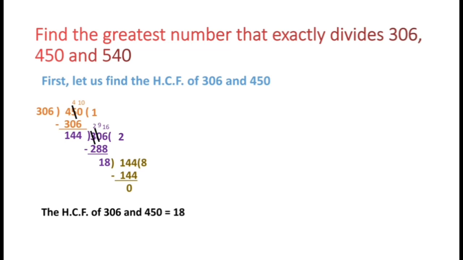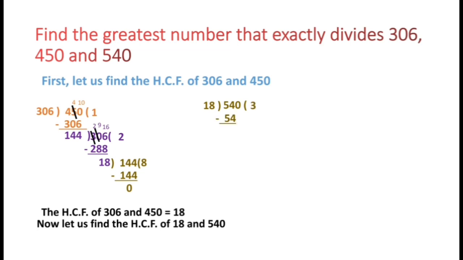Here we have 3 numbers to find the HCF. So what will we do? With this HCF of the 2 numbers and the third number we will do the same process again to find the HCF. So now we will find the HCF of 18 and 540. 18 is the divisor, 540 will be the dividend. The small number will become the divisor, the bigger number will become the dividend. This process will be continuous till we get the remainder 0.